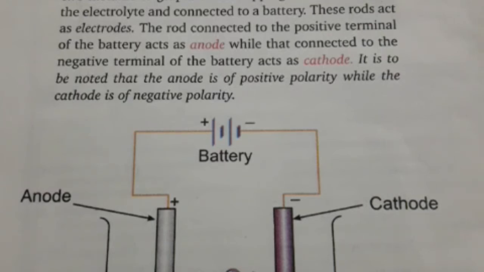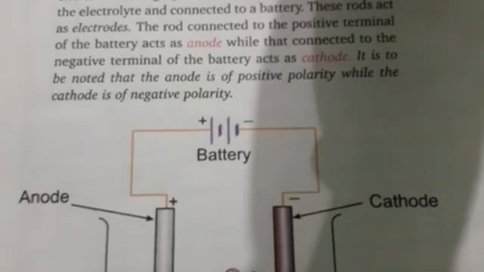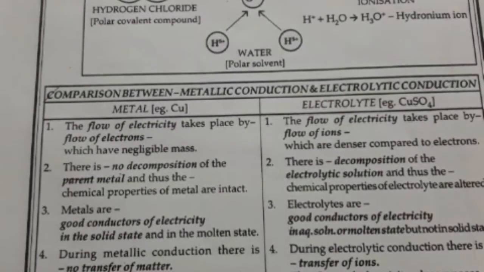Then you should know two terms, dissociation and ionization. What is dissociation and what is ionization? Dissociation means separation of ions which are already present, as in the case of ionic compounds. Ionic compounds are aggregates of ions held together by very strong electrostatic forces. Under the influence of heat or due to the polar nature of water, they separate and the ions become free. So this process is known as dissociation.